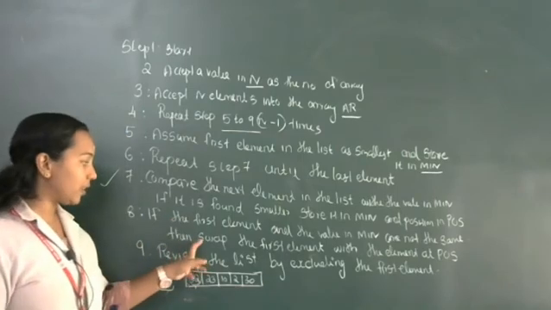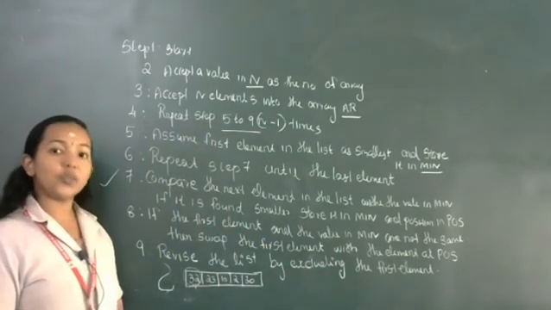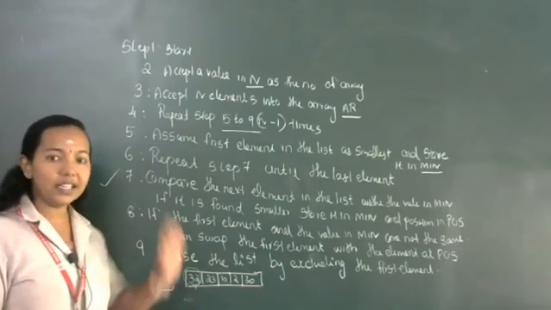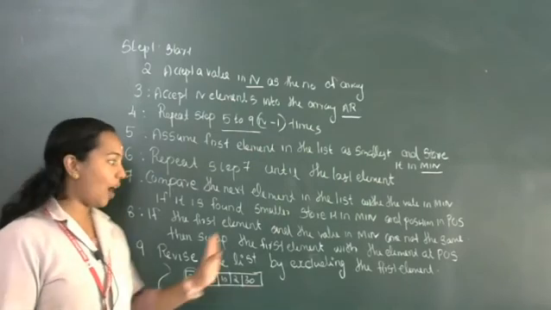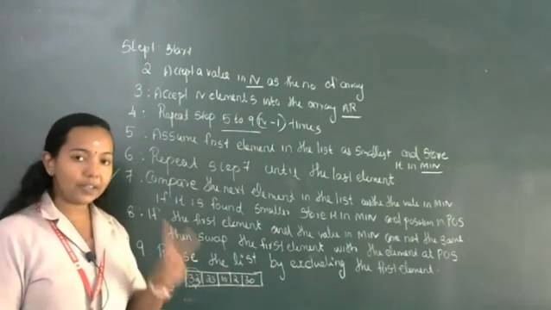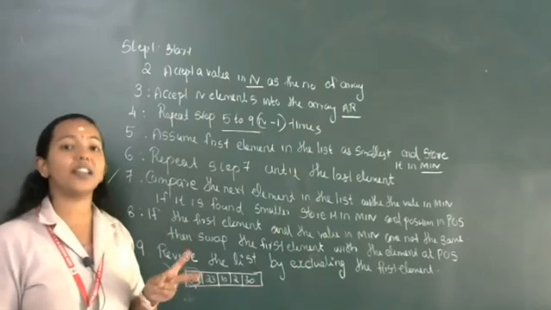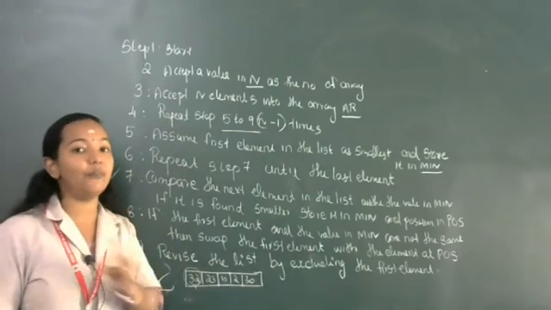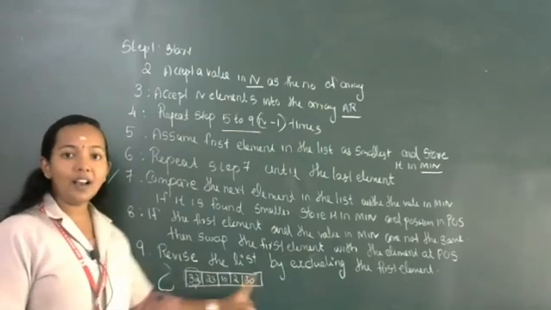Then what do you want to do? Then swap the first element with the element at POS. So which elements do you want to swap? You are swapping 2 and 32. That means the first element and the minimal element. So after the first pass, we will get 2 as the minimal element. So that min value we are swapping. What is meant by swapping? It means interchanging the values. We are interchanging the first element and the current minimum value. What is the current minimum value? 2. Okay, we are swapping the values.